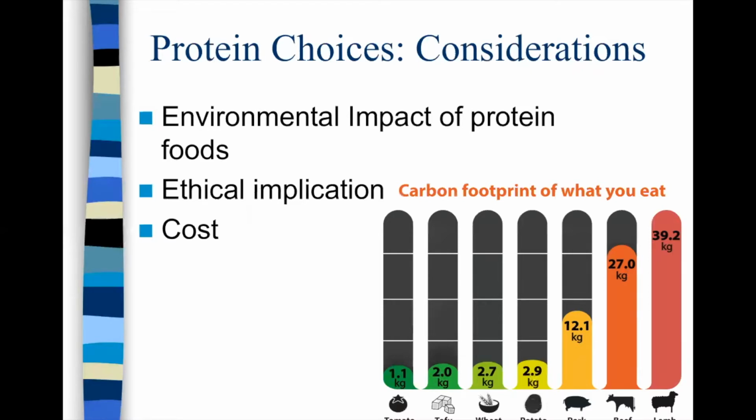Other considerations for protein foods. What about the environmental impact? So if we think about environmental impact, we have to think about the cost environmentally of producing the food. So using the water to feed the animal, using the water to water the crops that then feed the animal, the land that the animal is on, the methane output the animal has. This is from animal gas and animal poop. Methane is a greenhouse gas, and so it actually breaks down our